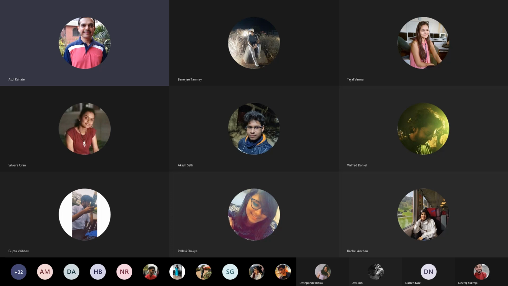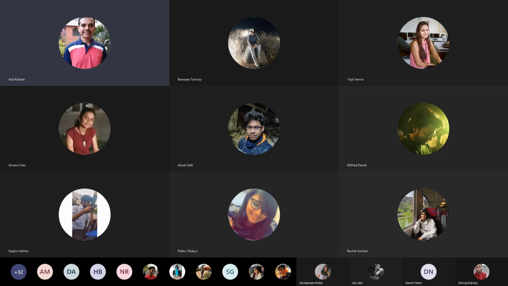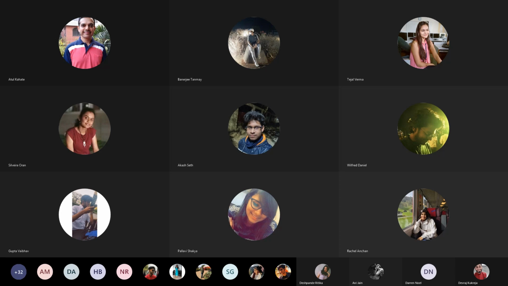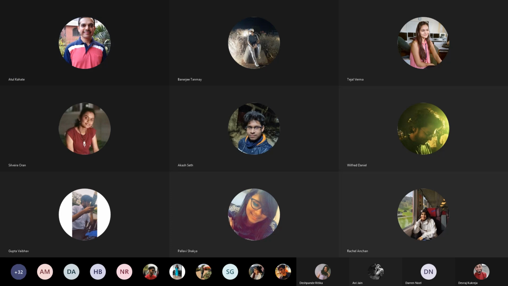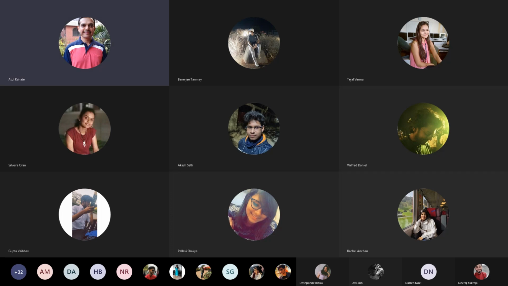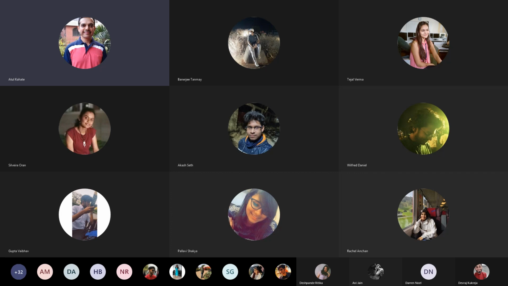Because we have only 20 internal marks, and it's a 2-credit course, we have 3 different assignments or assessments that need to be conducted. Out of these 3 assessments, this will be the first assessment, and out of the total 20 internal marks, this will be for 10 internal marks. The remaining 2 assessments will be for 5 marks each. So I repeat, this will be for 10 internal marks.